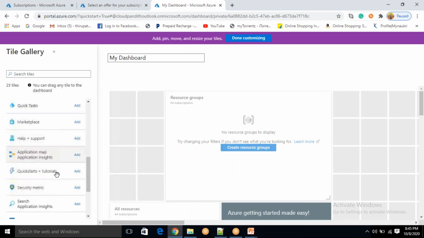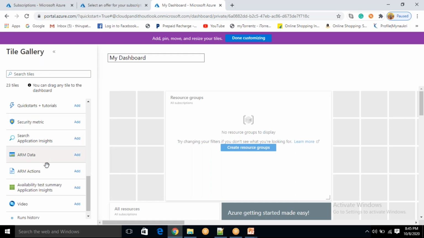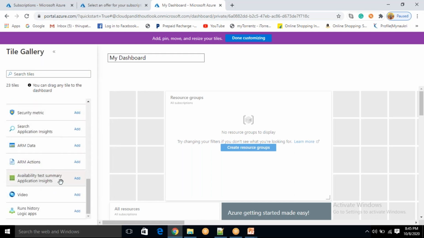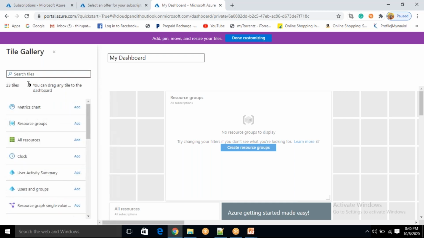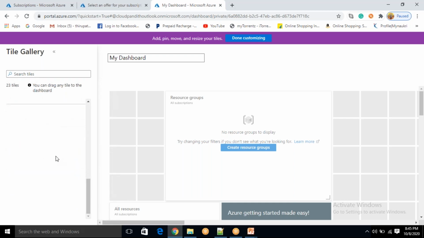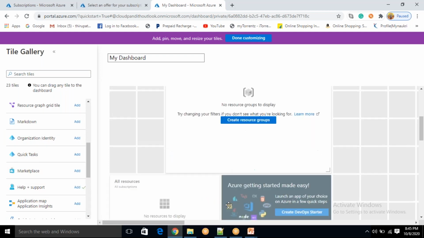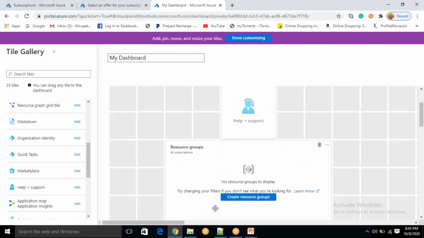And next, I want to use frequently used services; you can find them from here. For example, help plus support, I want help. All these kinds of things I can put in my dashboard. You can see this resource group and help plus support.